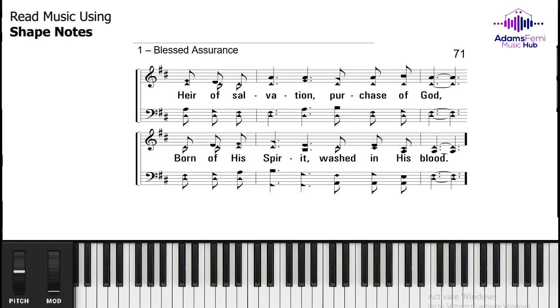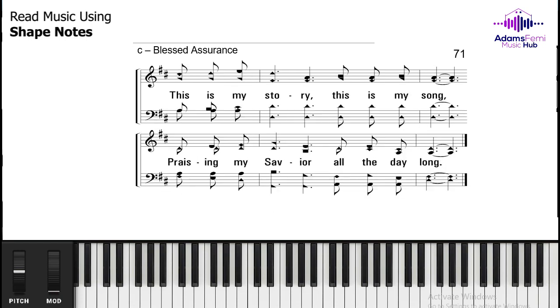Here of salvation. Mi, re, do, so, so, fa, sol, la, so, do, re, mi, fa, re, do, re, ti, do. So let's go to the next note. This is my story. So the first note here is,